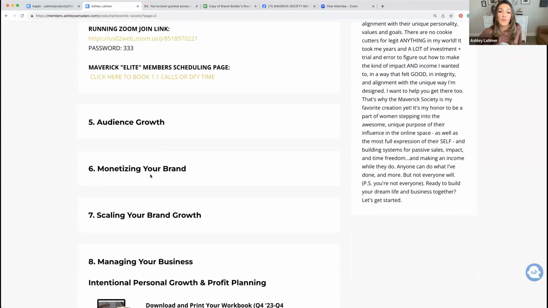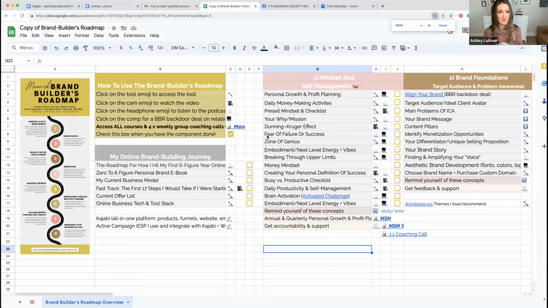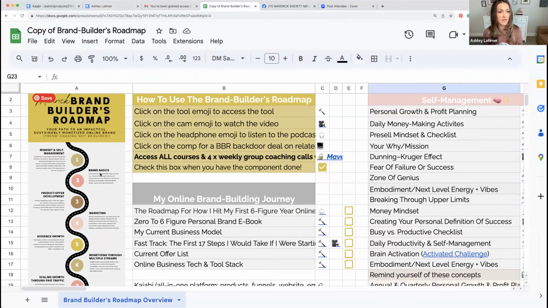And frankly, my goal for the new year is to take the best of the best and distill all of my courses down into the need-to-know components in each of these categories. And you get in wherever you fit in on the roadmap. So our roadmap, again, you can see it right here.